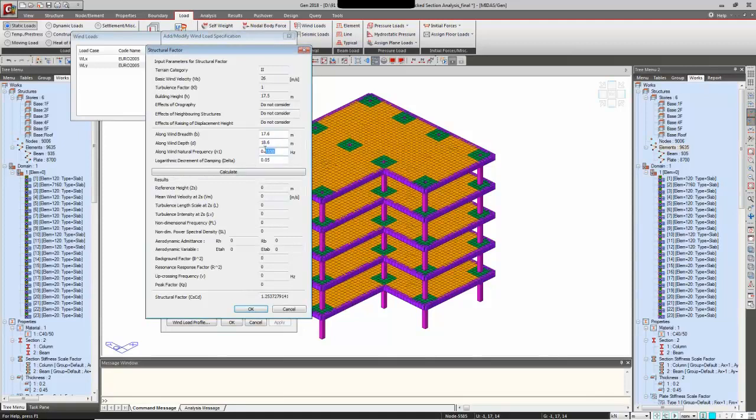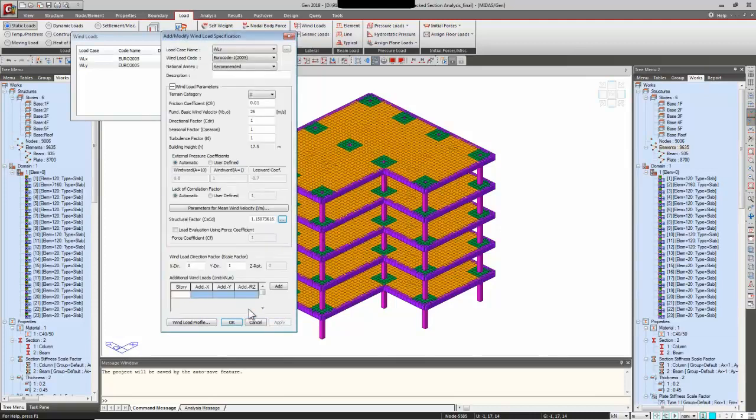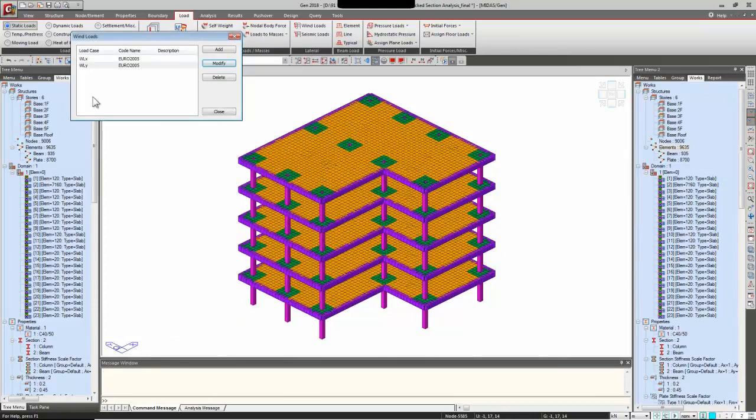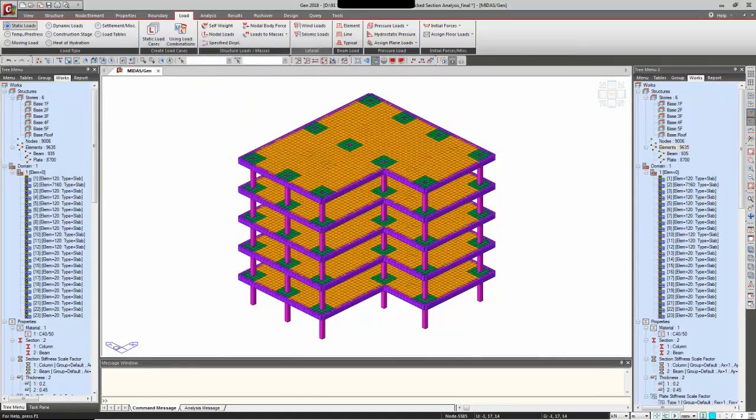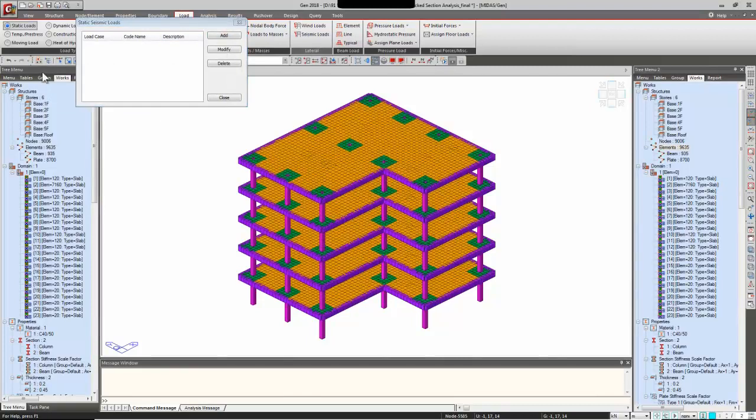So this one is 0.7953, and click on OK, and we get structural factor is 1.15, and then I'll click on OK and OK again. So we are done with the definition of wind load in x and y direction. Next we'll go for the seismic loads. Click on add,